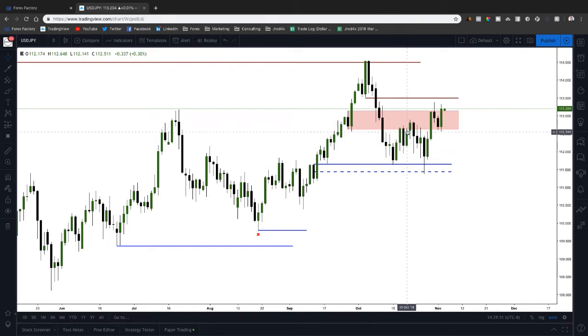Notice how it's basically acting as resistance. Trades above it, it should act as support. 114.50 is a level I'd like to see traded to, but we could see some resistance come in at 113.50, which is the daily bearish order block here. But personally, if we are bullish, we should trade right through it, and 114.50 should be the area that the price is pushing to.